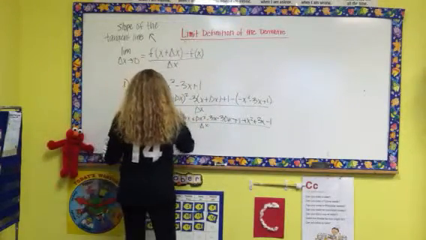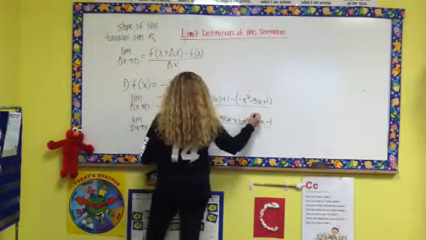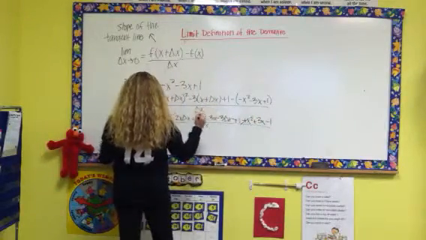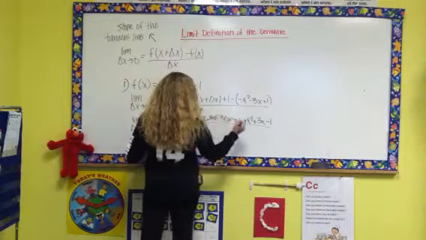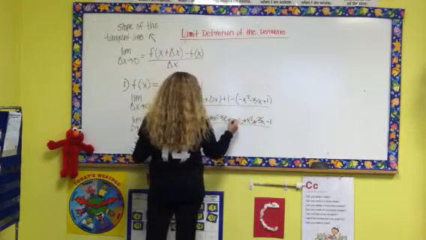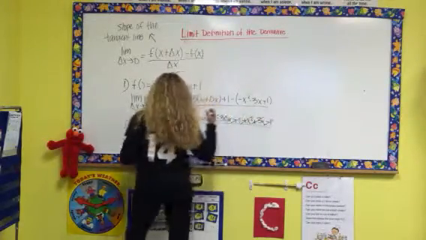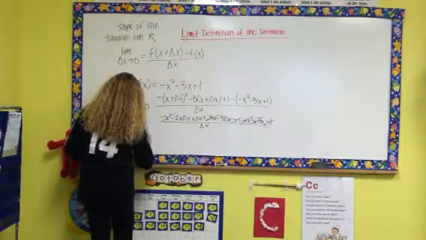Then we can cross out x squared and negative x squared, negative 3x and 3x, and 1 and negative 1. So we get